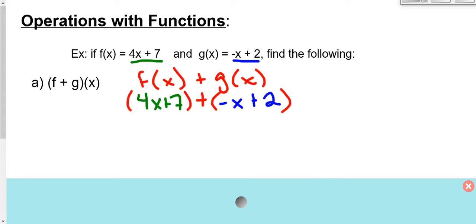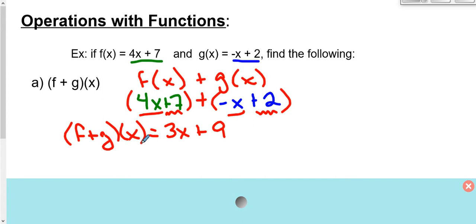So I can go ahead to my next step, which involves combining like terms. I have a 4x over here, and I'm subtracting an x over here. So 4x minus x is just 3x. And then I have this plus 7, and I'm adding this plus 2, which gives me plus 9. So my final answer for f plus g of x